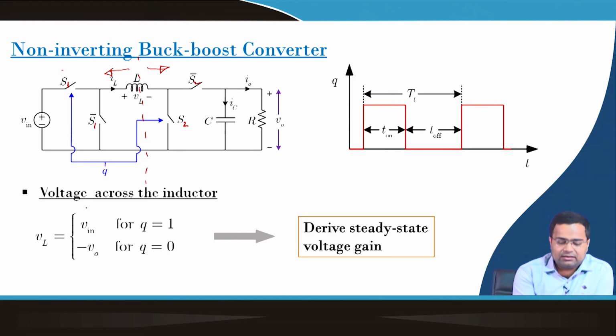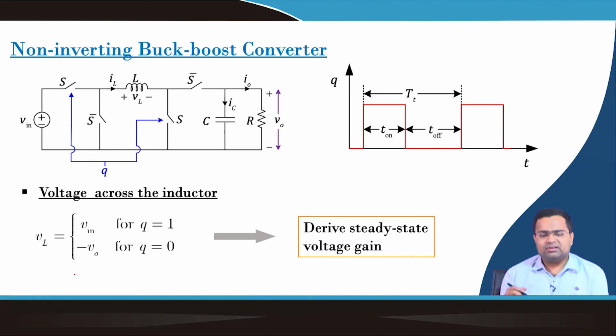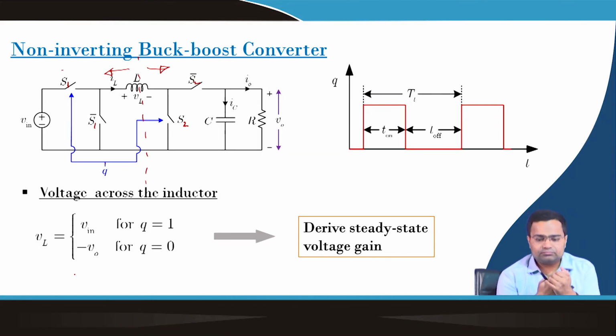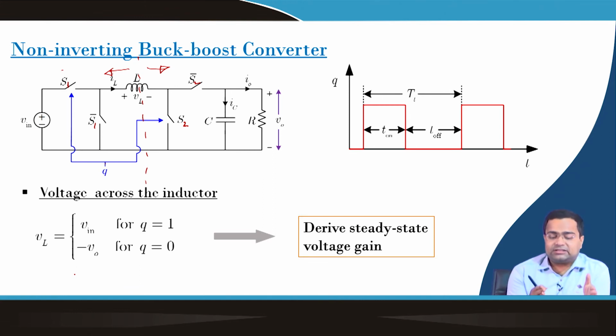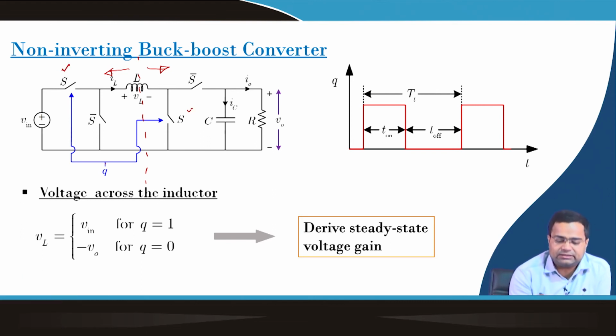So, if we set Q equal to 1, Q equal to 0, then we can get the required buck-boost operation. If we operate the switches independently, it is possible to operate purely in the buck mode, or purely in the boost mode. In the current configuration, if we operate these two switches identically, and the other switches complementary to their respective switch,